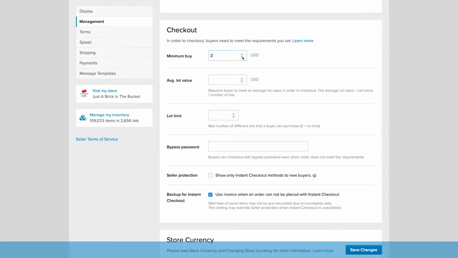In our case, we have 0 set to this due to the fact that we have a system in place that charges $1 for buyers who do not spend at least $1 in the store. So essentially our minimum buy is $1, even though we don't technically have an official minimum buy. Same thing here with the lot value. Your buyers need to average a lot value of, let's say, $2, meaning they must order $2 worth of specific